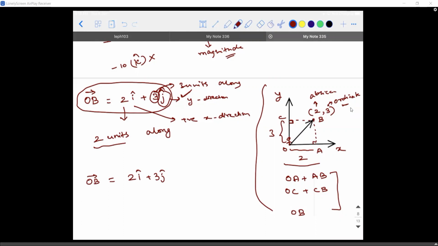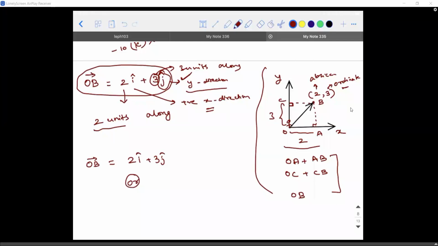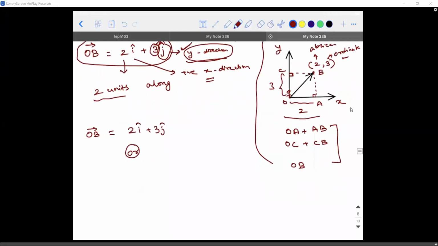Since you're talking about the positive x direction and positive y direction, a combination of positive x and positive y falls under which quadrant? Look at the way I'm writing, because O is the origin and B is a point. I'll come to this later, after a concept called position vector. But as of now, you are able to understand this fact, right? If I write 2i cap plus 3j cap, I'm talking about the first quadrant. In a similar way,